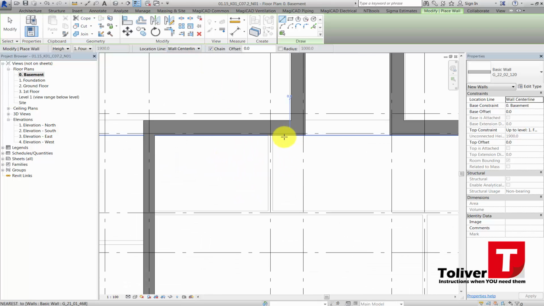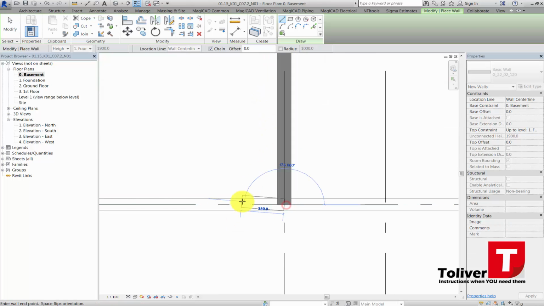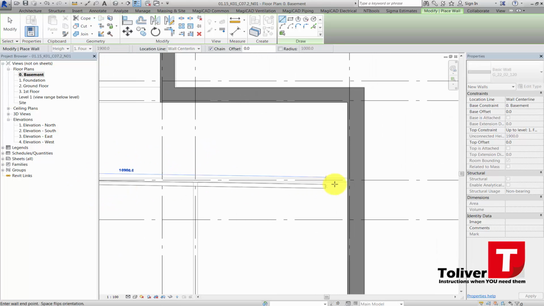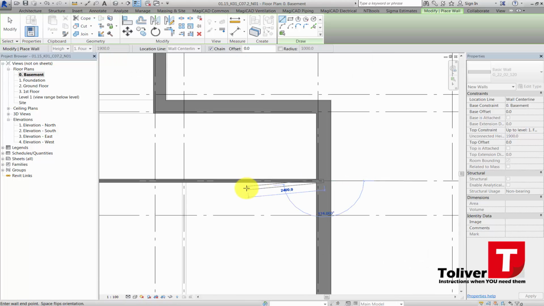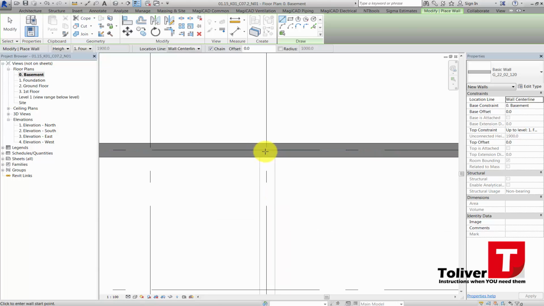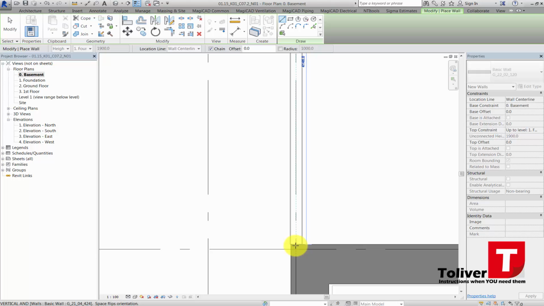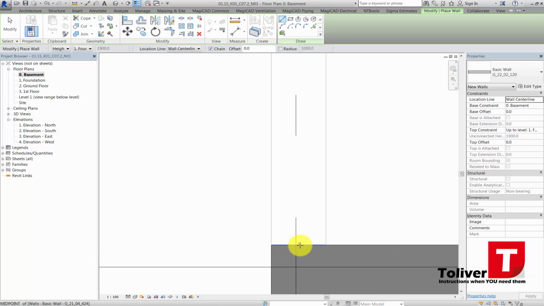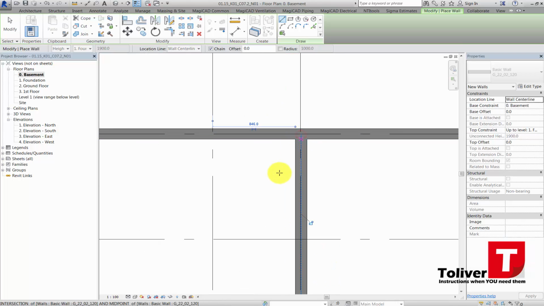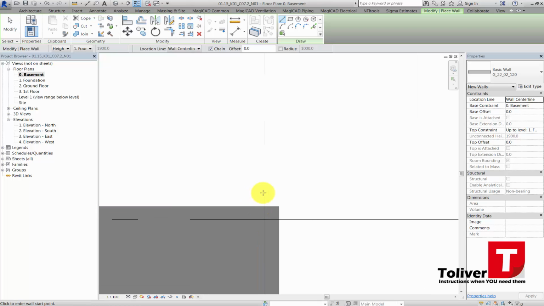So wall center line, place it here, draw one there. I could do the same thing over here to this side, and I could have one here. That was the wrong one I snapped to, so I'm just going to grab it from this end to make sure it's actually correct, like that. And I'm going to place one here,